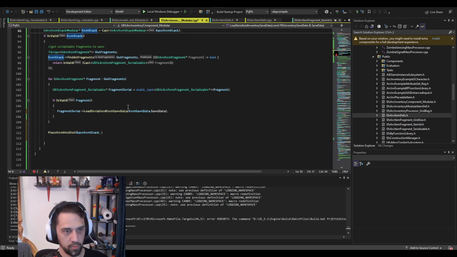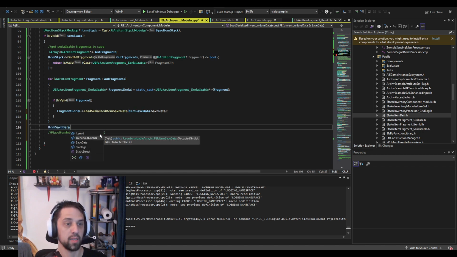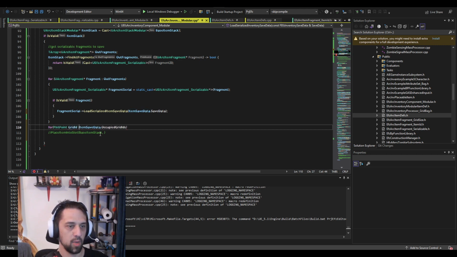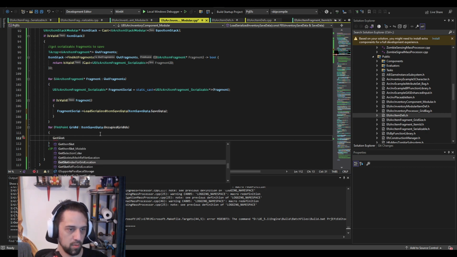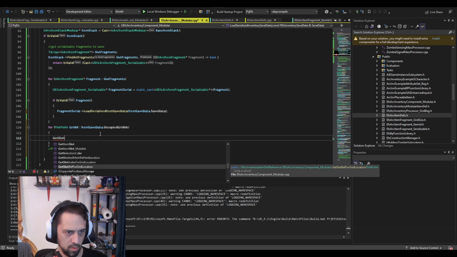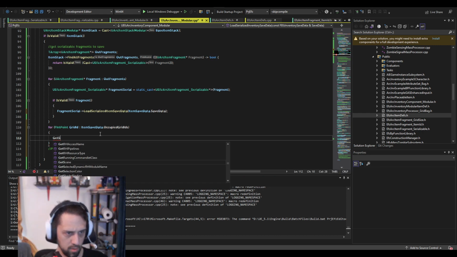We get the slot. So we would get the slot by, what do we have? Like item save data. Do this. What is it? Grid ID. So we could be like for grid IDs, occupied grid IDs, and that would be F point grid ID. Okay. And then we can say get slot reference for get grid ID for location, grid location, get,